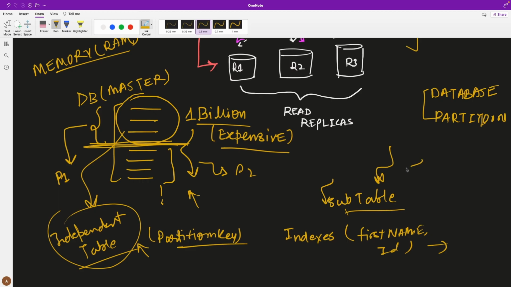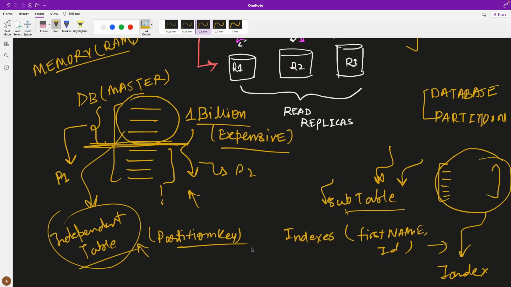So whatever data is present on that partition, your index will have only that many records. So even if you are bringing the whole index into memory, it's still not that expensive.